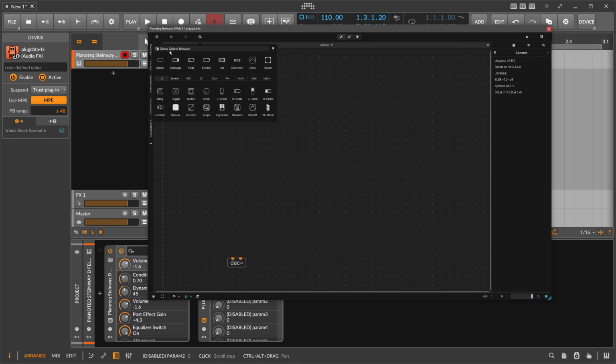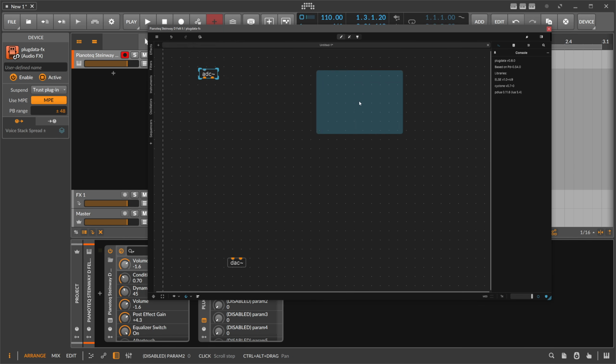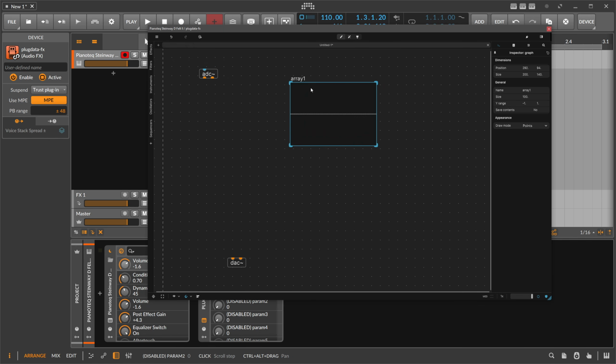Basically, also here the object browser is pretty new. We have some categories here, which is pretty neat. But most of the times you just need the top ones here, the top modules. So we use an array here by just clicking and dragging this out. Or we can use the hotkey, Control Shift and A, where I just drag this out. I select here basically the array 1, and we can go to the inspector here and rename this to, let's say,